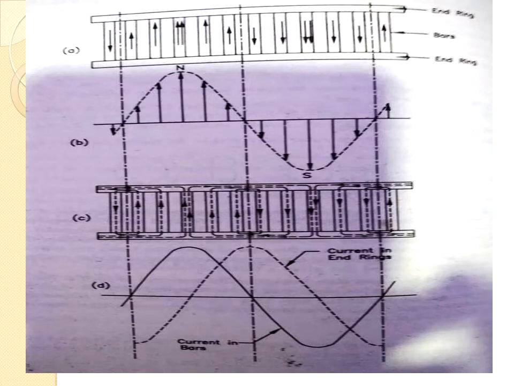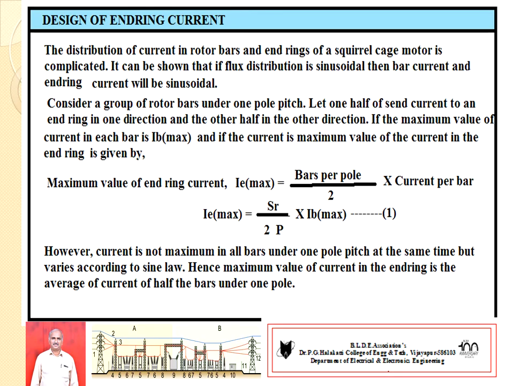It is a usual question in the question paper for this chapter. It may be for 8 marks, it may be for 10 marks. If it is 8 marks, then 4 marks are allotted for the distribution and 4 marks for the end ring. Hence, it is very important that all of you practice. Similarly, with respect to the diagram, if a derivation is asked, you have to start from this.